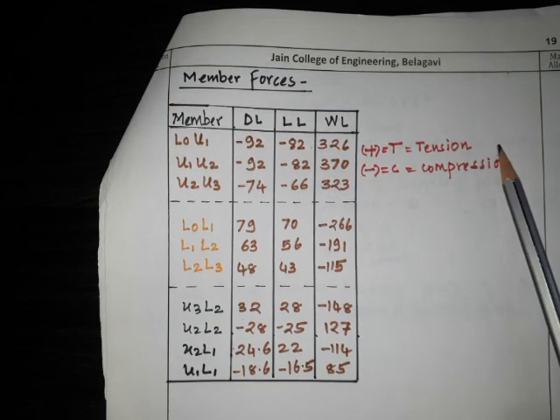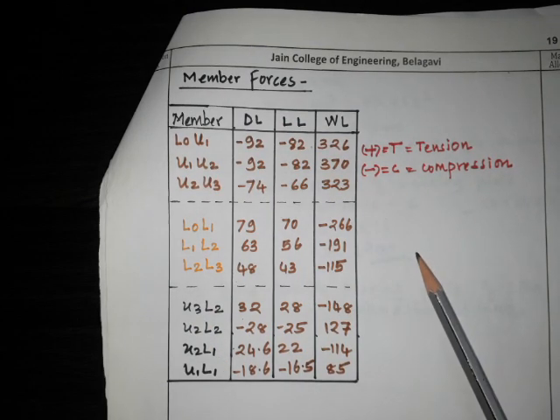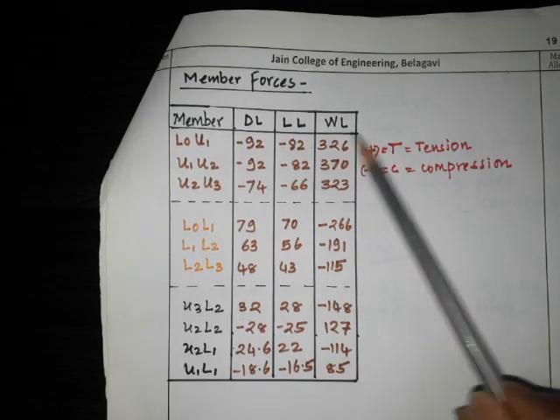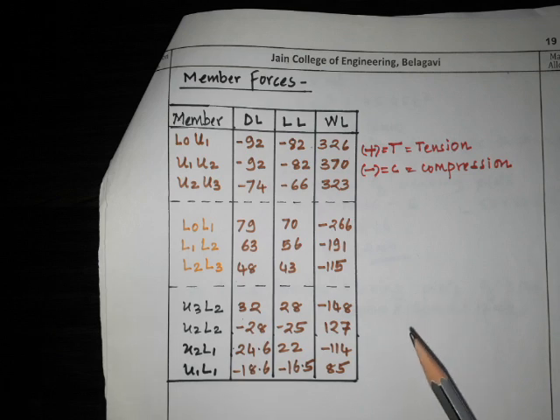By using these forces we have to create the load combinations. The same steps you have to follow. By using this you have to prepare the load combinations, and by using those load combinations ultimately आपको क्या find out करना है? You have to find out the design forces. I'll show you how to get the design forces, as I already discussed in problem number 1 in design of bolted roof truss, but still we'll have a review over that and we'll continue with the same.